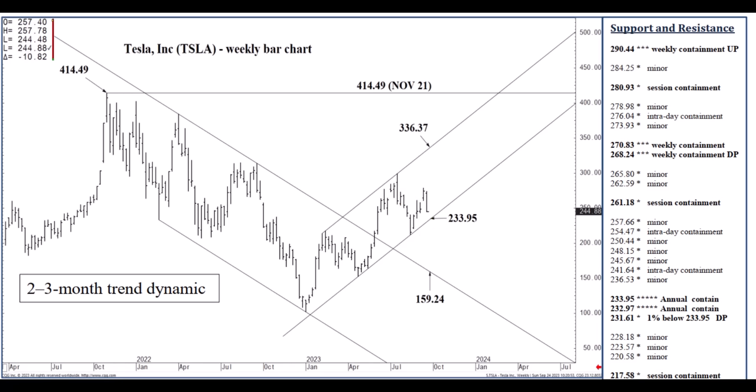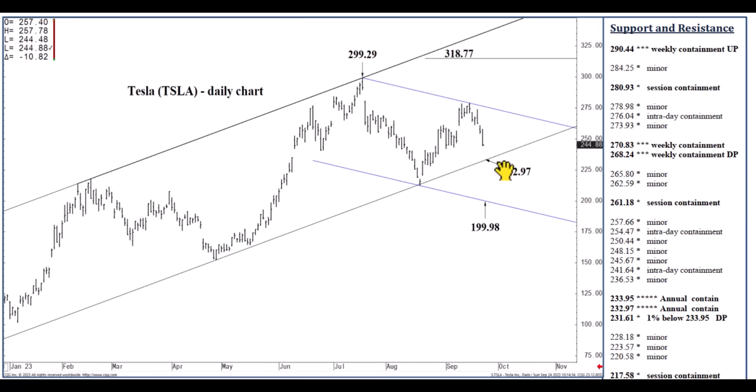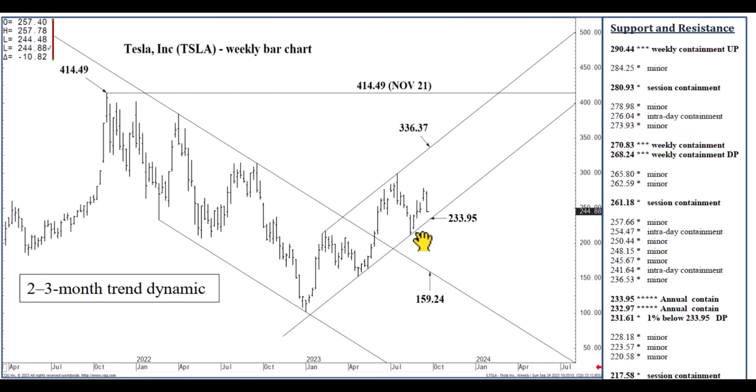Now, if we close below this channel bottom, and today on the daily chart, I can show you it's at 232.97. On the weekly chart, of course, it's 233.95. If we close the week Friday below 233.95 by a 1% margin, and I've got that marked down here as 231.61, so a Friday settlement of 231.61 or lower does set up our next meaningful sell signal as we move into later October. But I don't want you to have to wait the entire week, certainly, to get out of